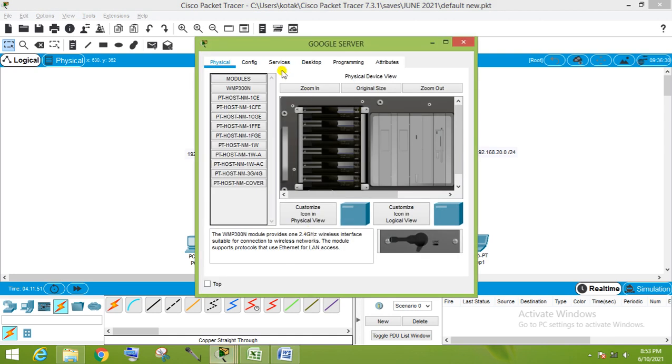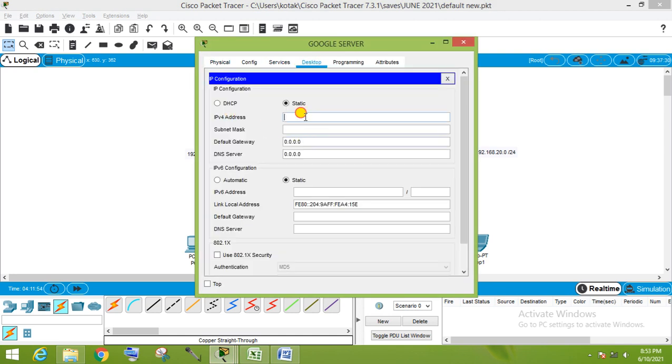For this Google server, I am just giving an IP 50.0.0.3, and the gateway is 50.0.0.1.